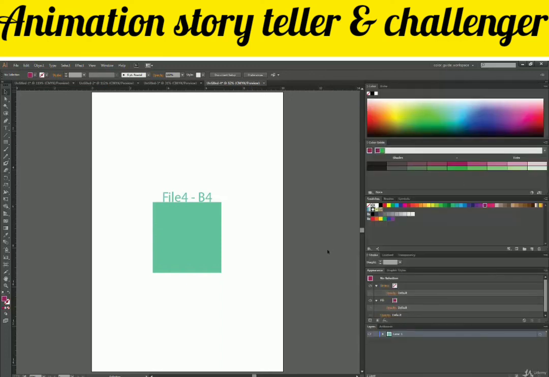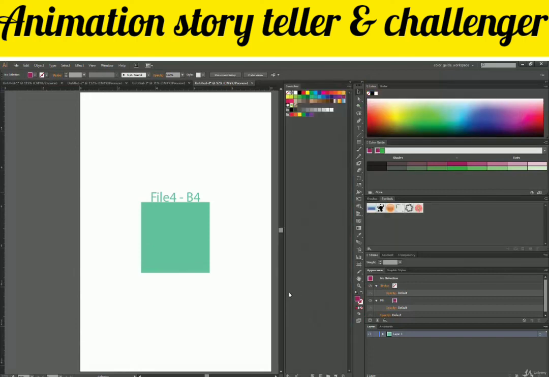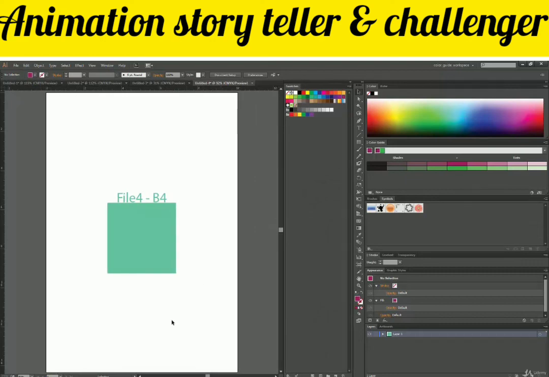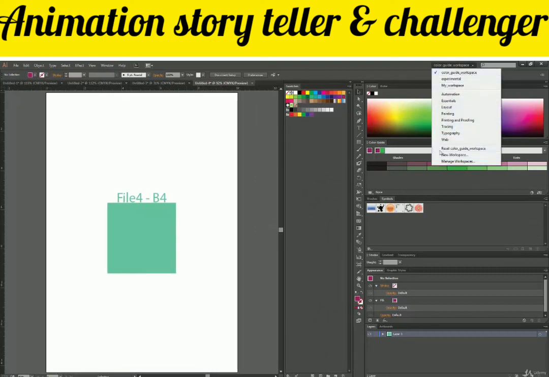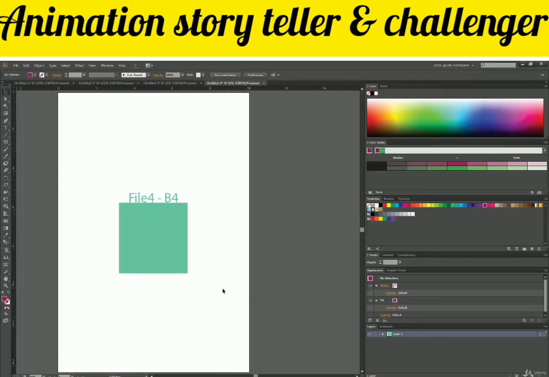So open the panel bar, or this time we'll drag the toolbar and put it over here, and also we'll take swatches and put it over here. So that's how we change our workspace. Now let's see if I reset my workspace. It says reset color guide. Just click on it and let's see. Okay, so it reset my workspace. That means the point where I created the workspace is the restore point. So anytime I make changes, if I click on reset, it will jump back to the point when I created that workspace. So I hope that is clear to you.